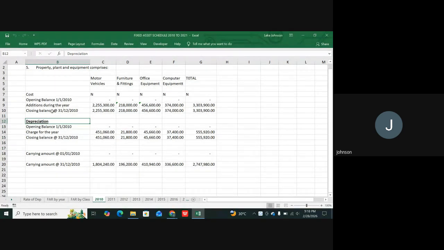Then additions during the year. They are not talking about all the assets, only the assets they actually purchased during the year, which is what they showed over here. Then the next thing, they now have their closing balance as at 31st, which is the same thing. Because we already know that our depreciation rate for motor vehicle is 20%, we are going to take